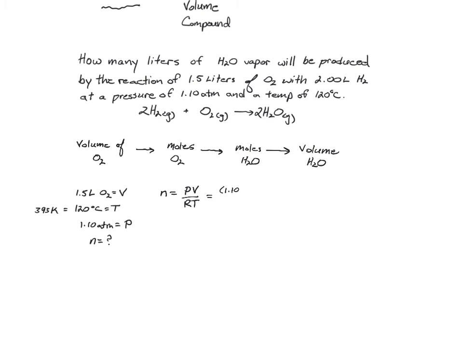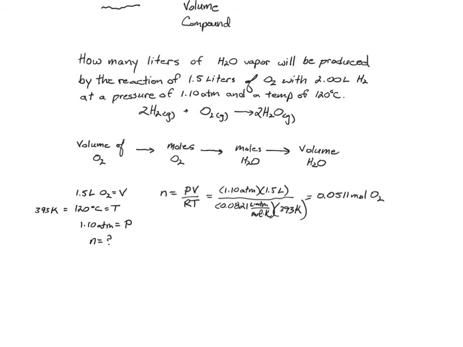1.10, and that's, nope, not liters, that's ATMs, times the volume, which was 1.5 liters, divided by the gas constant, which is 0.0821 liter atmospheres per mole Kelvin, times the temperature, which is 393 Kelvin. All right, and when I plug all this into my calculator, I wind up with 0.0511